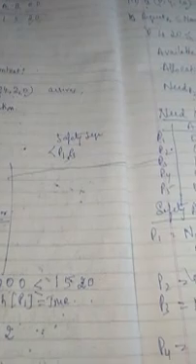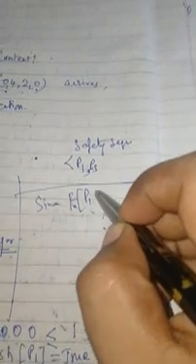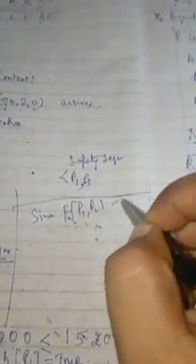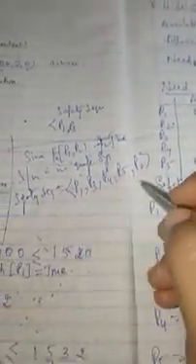So what is the conclusion you are going to write? You have to write the conclusion as: since finish of P1, P2, P3, P4 and P5 is equal to true, the system is in a safe state. And what is the safety sequence? That is P1, P3, P4, P5 and P2. This is the safety sequence.